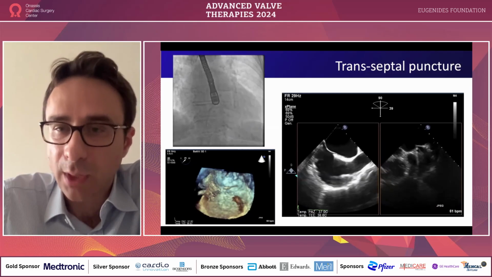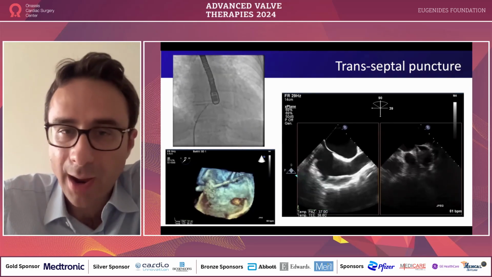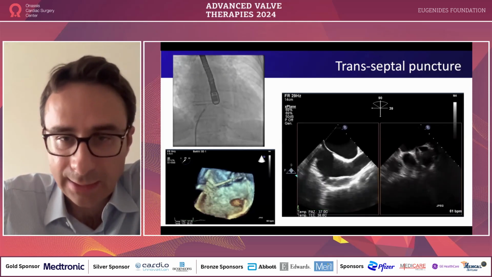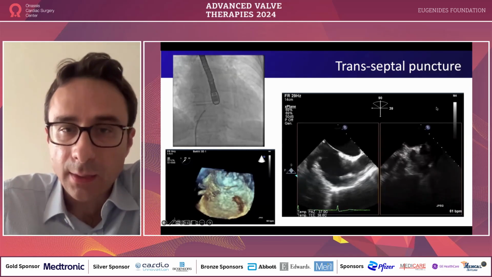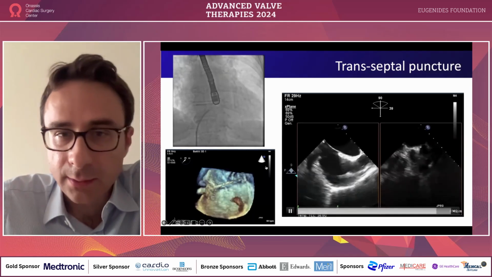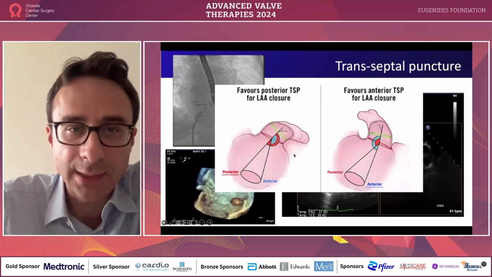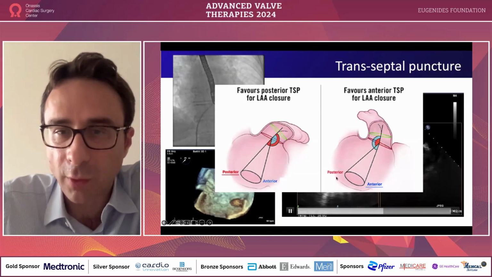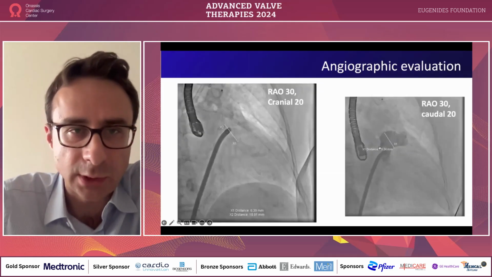but there are some situations in which it's better to have a slightly more anterior puncture, and this is especially true in morphologies like the inverted chicken wing anatomy. In this specific case, the puncture was definitely inferior and relatively posterior, but you can see here that there are some anatomies in which it's better to avoid the posterior puncture, and the typical example is the inverted chicken wing